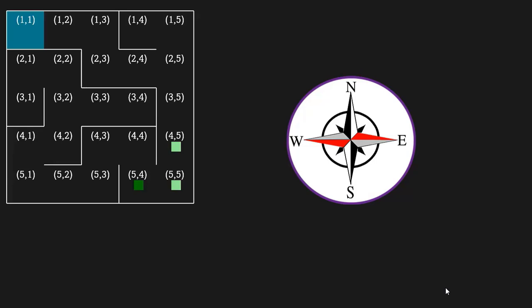Now we will move one step ahead from these 2 ends of the 2 paths. From this cell 4-5, we can just go north and south. South will take us to 5-5, which we have already visited, so the only option is north, and we will reach the cell 3-5. Similarly, from the cell 5-4, we can move to the cell 4-4 in the next step. It means from the starting cell, in 2 steps we can either reach 3-5 or 4-4. Then we will go one step further from the 2 ends. In 3 steps we can reach the cell 2-5 or 4-3.